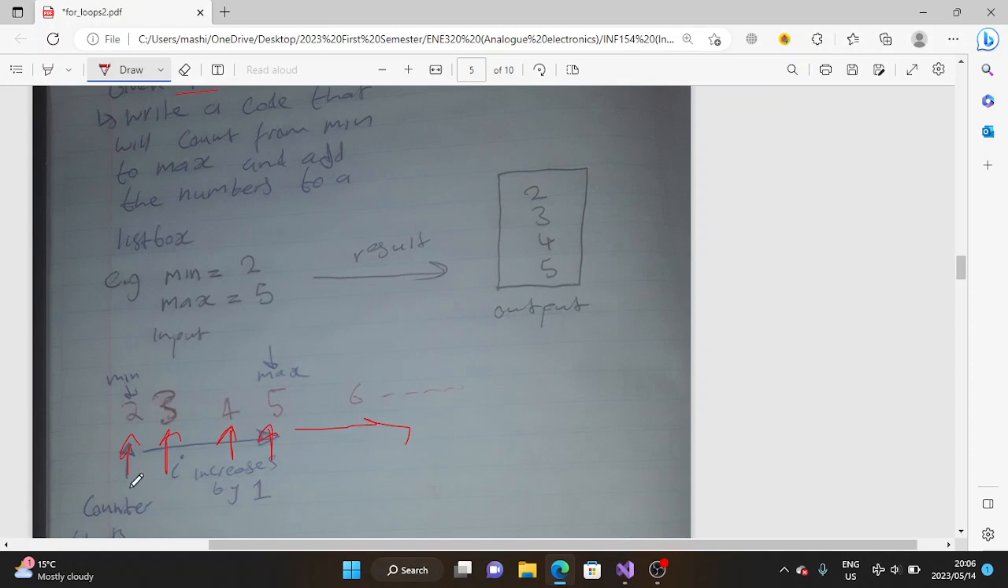So my counter must start at the minimum, then it must increase by 1 because we are just counting 2, 3, 4, 5. If it was 2, 4, 6, 8, my counter was going to increase by 2, but in this case we are just increasing by 1. So we want 2 to move to 3, we increase by 1, and so on. So we only add numbers that are less than 6, or if you don't want to say 6, you can say less than or equals to